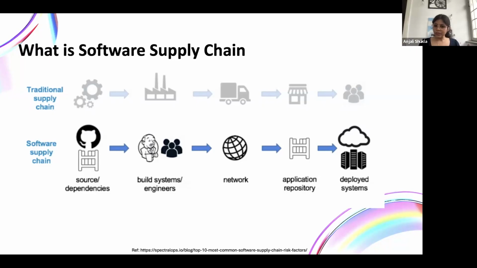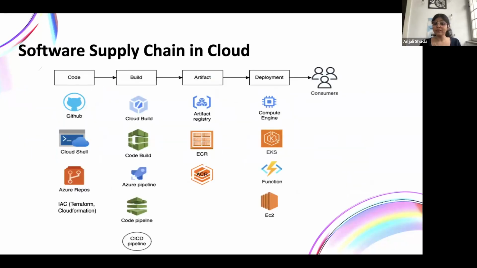Like a software is built with respect to certain dependencies, certain packages, and then we build an architecture of it, or the security, like how the traffic will flow and how our application will be deployed, who all will have access to those applications, and finally with that we deploy those applications to our infrastructure. When it comes to a cloud, each cloud provider has certain inbuilt, in-house cloud native services that we can